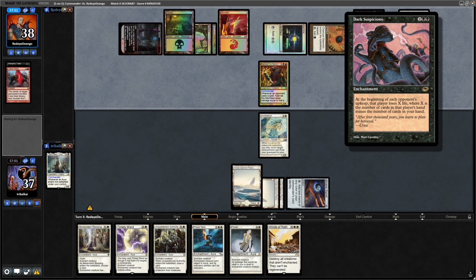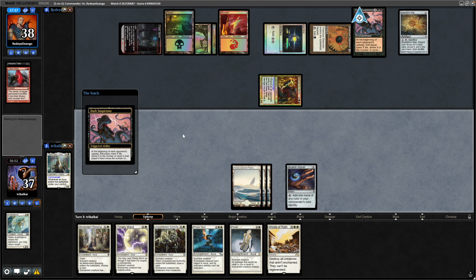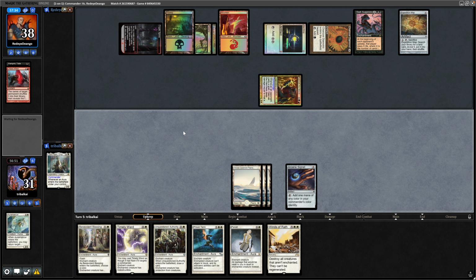Seeing Dark Suspicions now. At the beginning of each opponent's upkeep, that player loses X life, where X is the number of cards in their hand, minus the number of cards in your hand. Alright, so they've got no cards in hand now, obviously. We're hoping to wipe the board anyway, so might as well block here. So the Suspicions triggers at the beginning of the upkeep, and we will go down to 31, and then draw